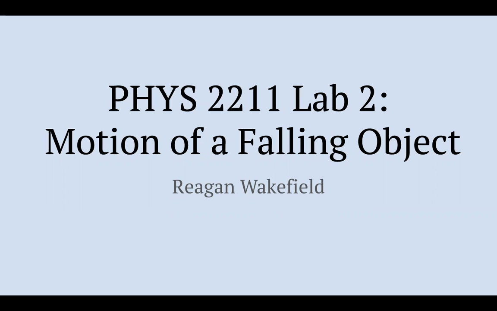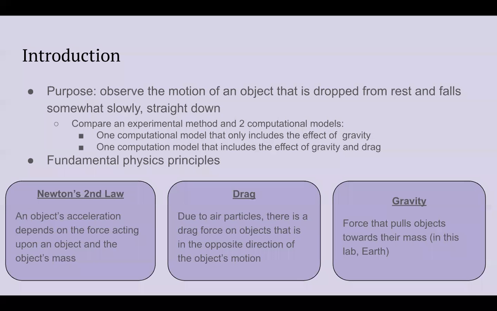My name is Reagan Wakefield, and this is my Physics 2211 Motion of a Falling Object lab. The purpose of this lab is to observe the motion of an object that is dropped from rest and falls somewhat slowly straight down. We will do this by constructing an experimental model and two computational models. One computational model will include the effect of gravity, and the other model will include the effect of gravity and